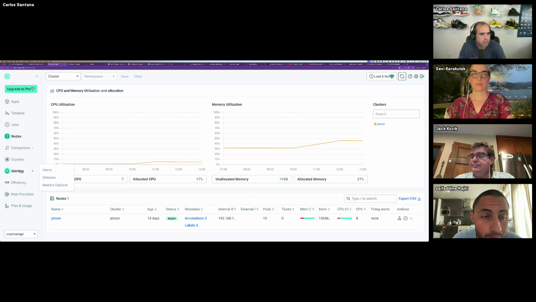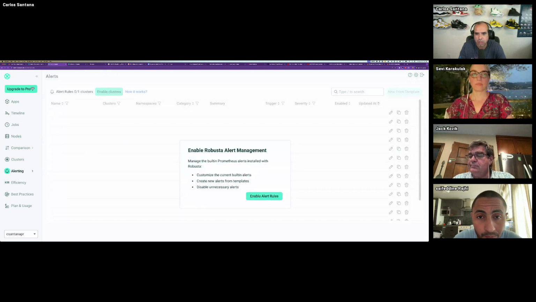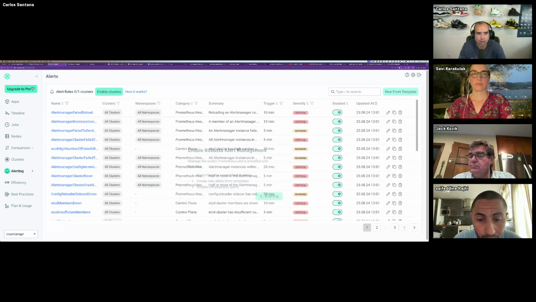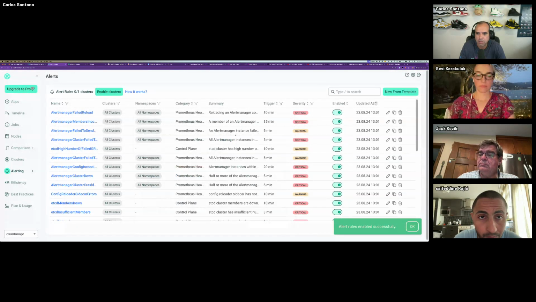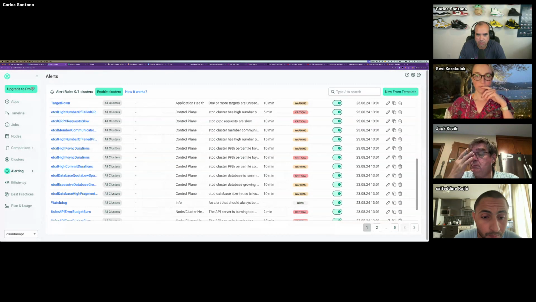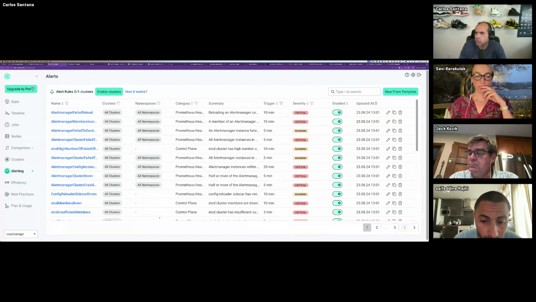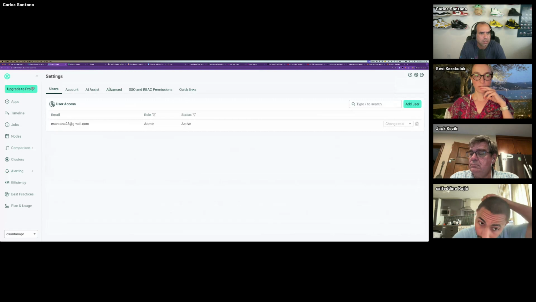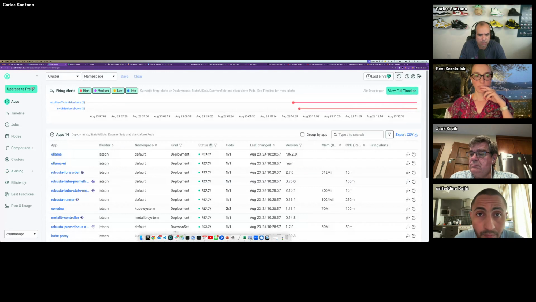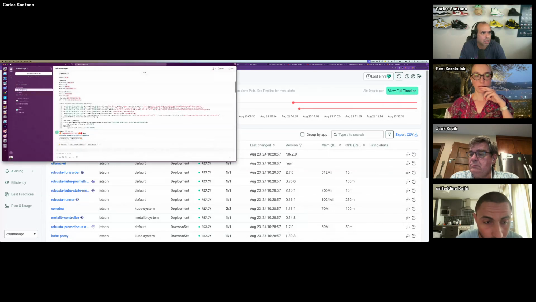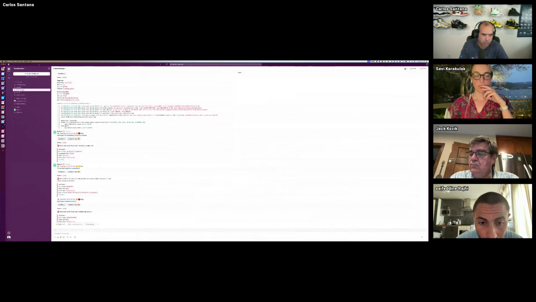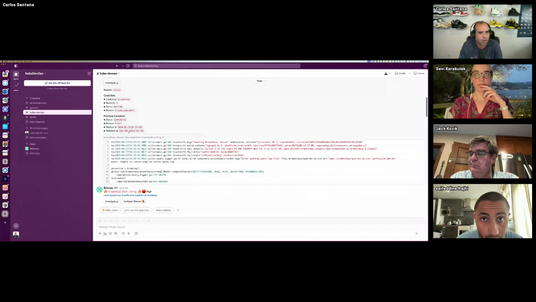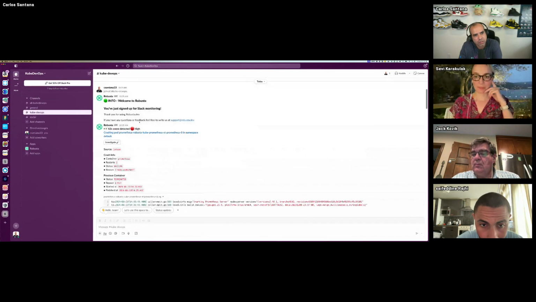And then alerting here, we can see the alerts that have happened in this Kubernetes since I updated today. And I connected it to Slack. I don't know where the Slack configuration is. But I connected it to Slack. And if I open Slack, here is a new Slack workspace I created today. I call it Cube DevOps. I connected it to this channel, and then you can see here, Robusta is the one sending,